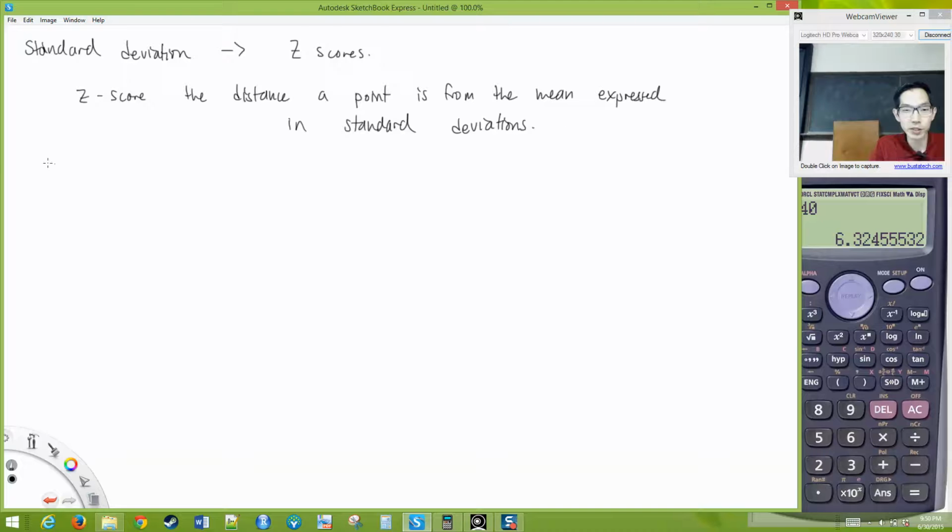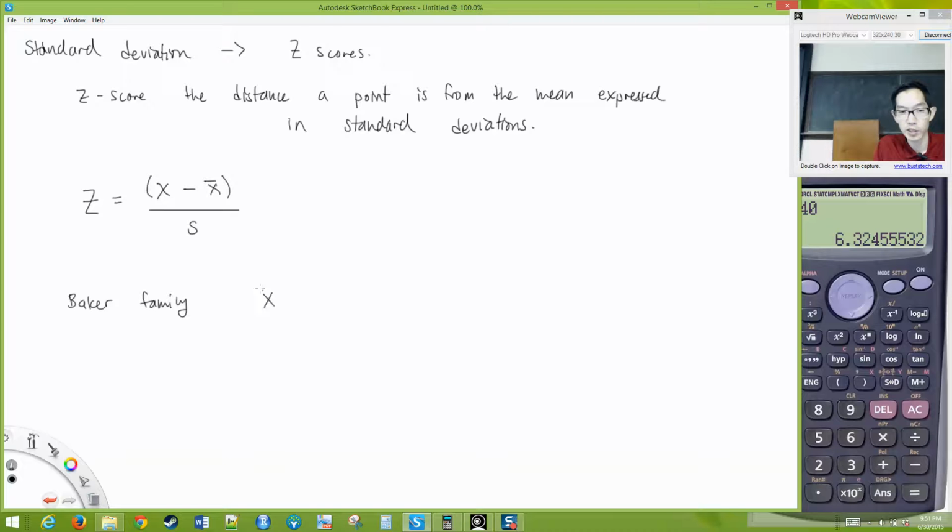So basically, a z-score is equal to whatever data point you're looking at, and you take that distance from the mean. So you take the distance something is from the mean, x minus x bar. This is the distance from the mean, and then you're going to divide by s to get it in standard deviations. Okay? So for the Baker family,